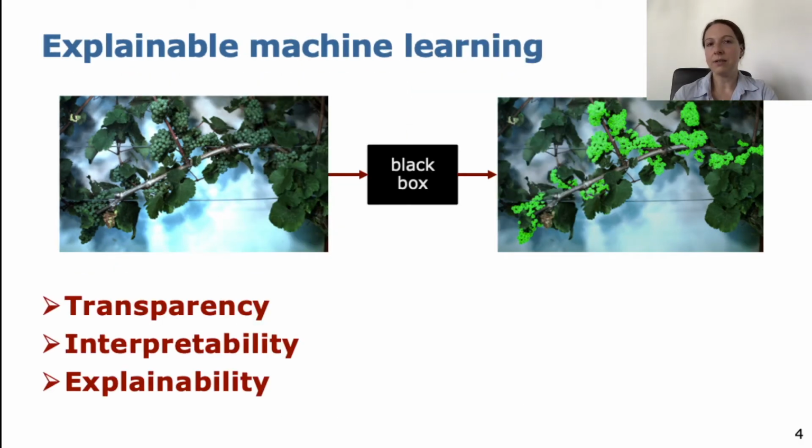And for this, there are some characteristics of machine learning frameworks which can help us in understanding these frameworks in a better way. First of all, we have transparency. Transparency is when you have access to the model and model components, and sometimes also to the motivation why specific elements were chosen. Then there's interpretability and explainability.